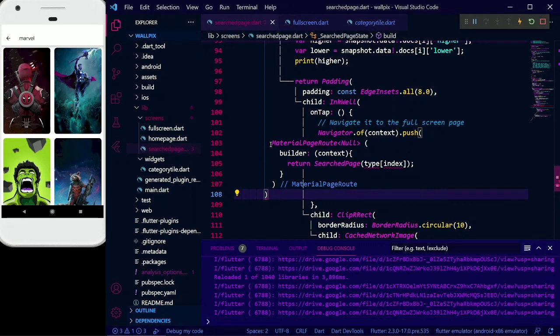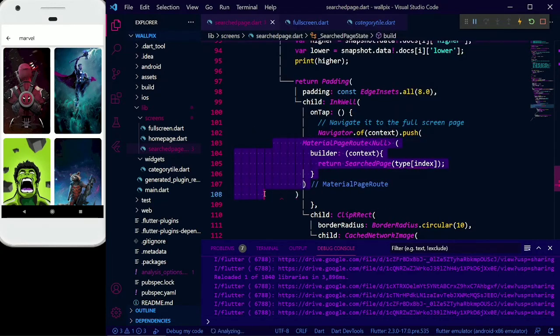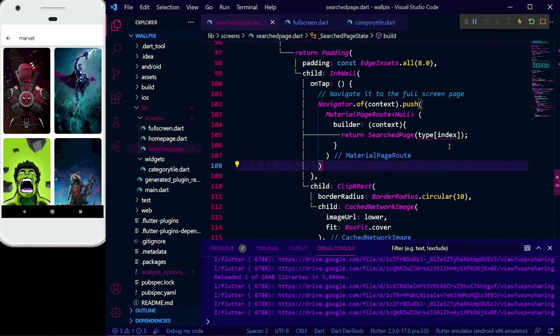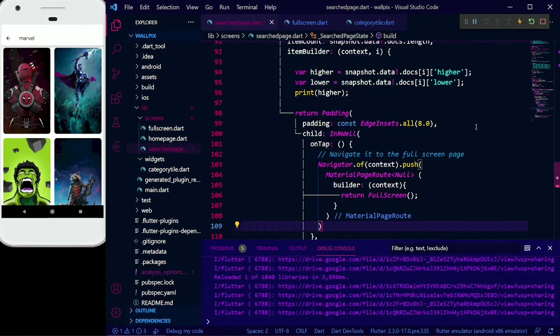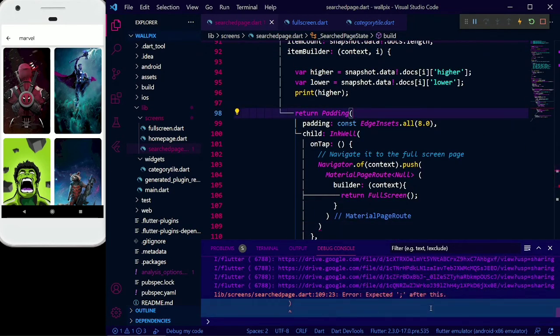But this time it's giving me an error, because we will not use search page but full screen. Still giving me an error. Wait a minute. Control S. So we have missed a semicolon here.